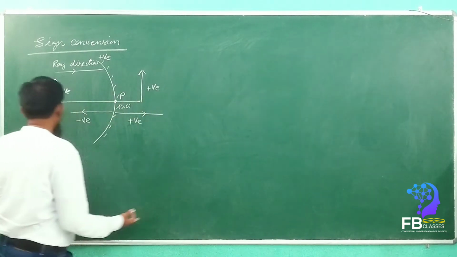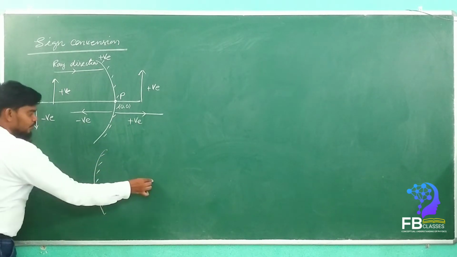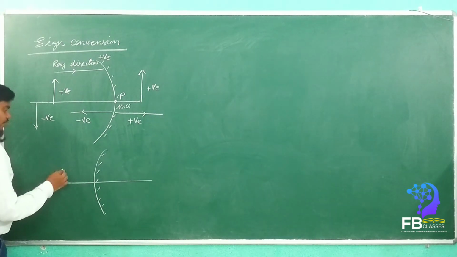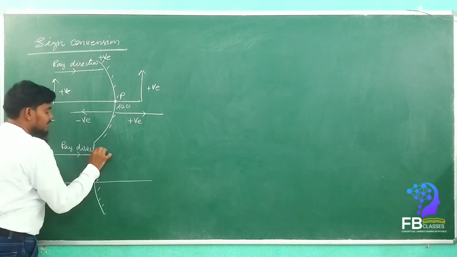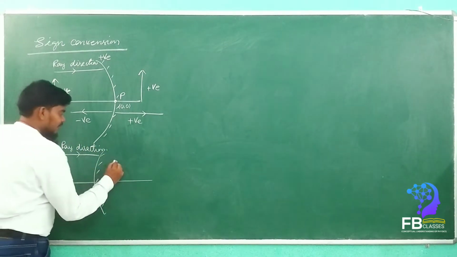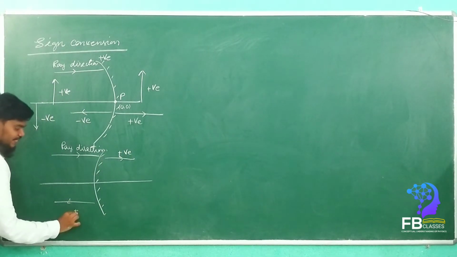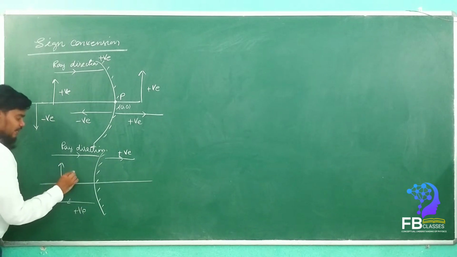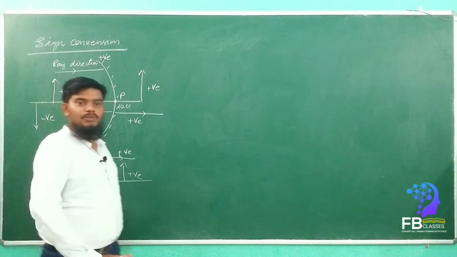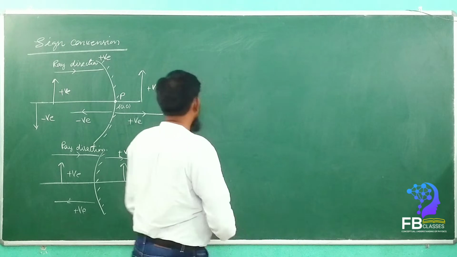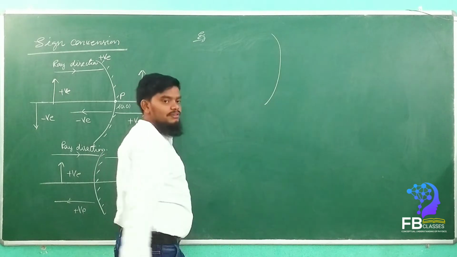So in a similar manner, if you want to draw the same diagram for the convex mirror as well, see here, now for example, this is the ray direction, that is the useful ray direction. Then this distance we take as a positive distance, this distance we take as a negative distance, and this height we take as a positive height, and this height is also a positive height. Simple.